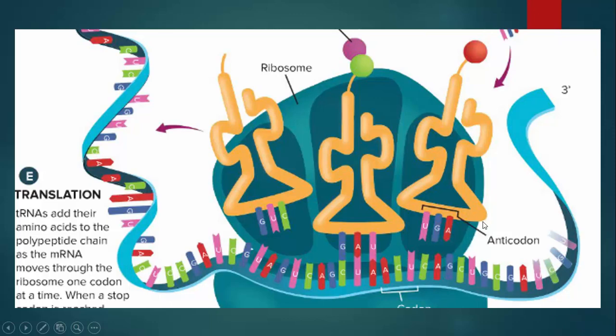So anti-codon is with tRNA, while the codons deal with DNA to mRNA. So here are my codons, which are going to pair up with my anti-codons. They're going to drop the amino acid. tRNA is going to get the next one and get the next amino acid ready. And the amino acids together are going to build the proteins.